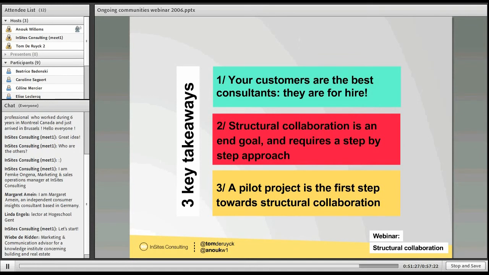So we have a first question from Olivier. How do we choose a pilot project? Very good question. We have done research about that, and it's from the same study that Anouk was already referring